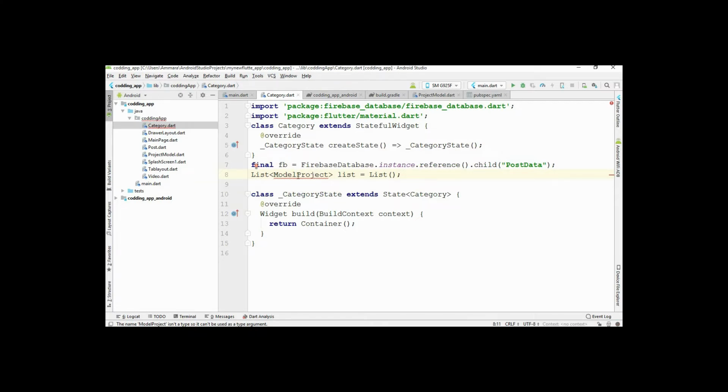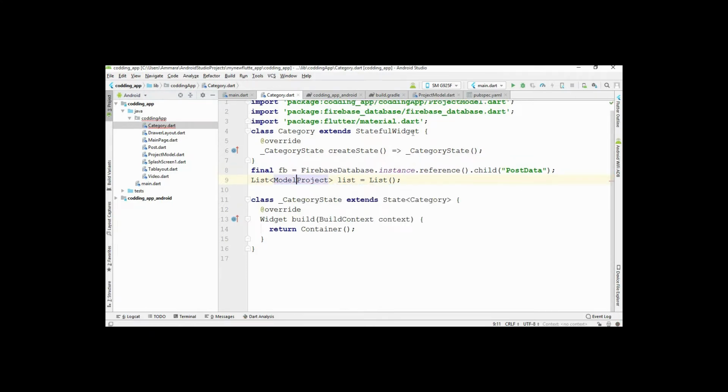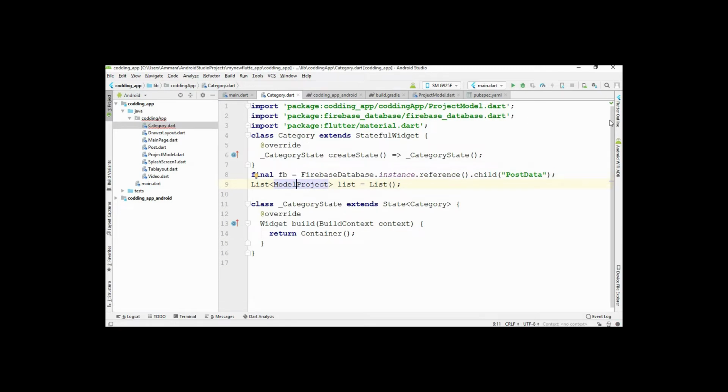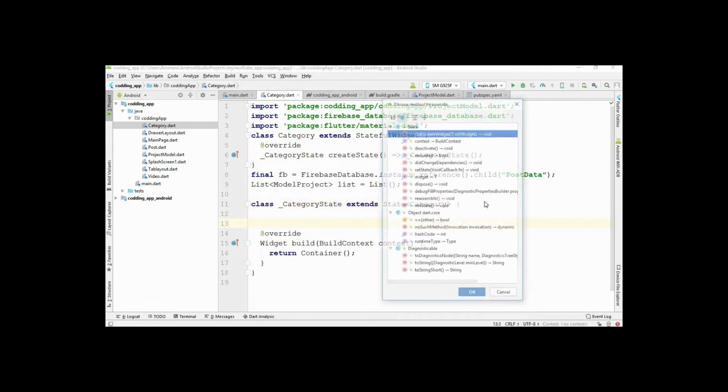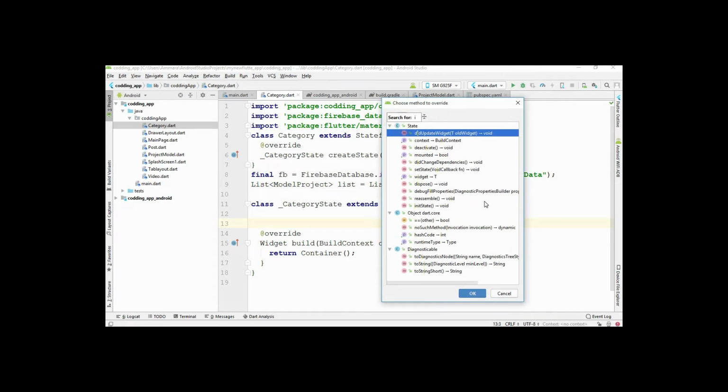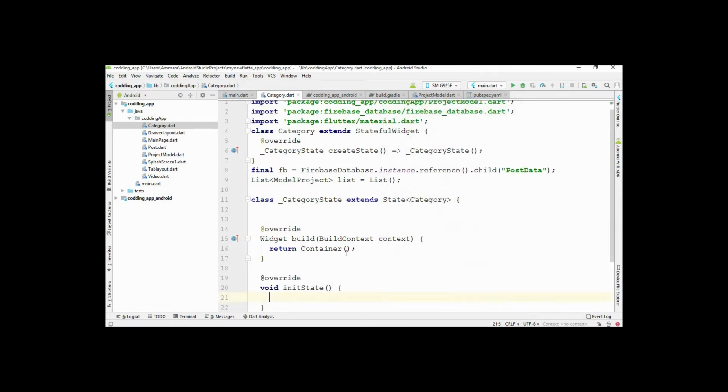Click on this class, press Alt+Enter, and select the model class package. You can see that this package is included successfully. Now go inside this class, press Ctrl+O, and override the init method.